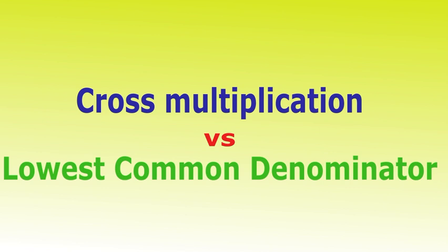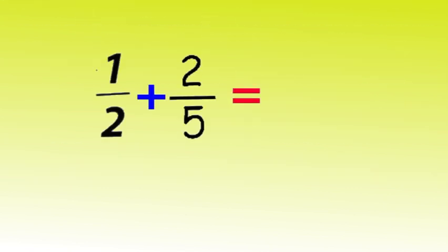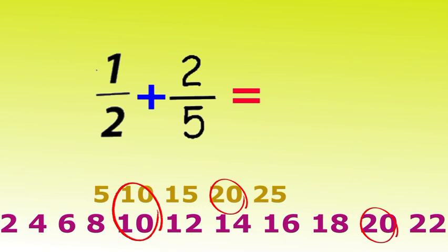Now some of you might be thinking, why use the lowest common denominator in the first place? Do you have to use it? In our example we used 10, but as you saw, the number 20 was also a common denominator. It wasn't the lowest, but it is a multiple of both 2 and 5. Well, to see why we choose the lowest common denominator, let's use 20 as a common denominator for both fractions and we'll see what happens.